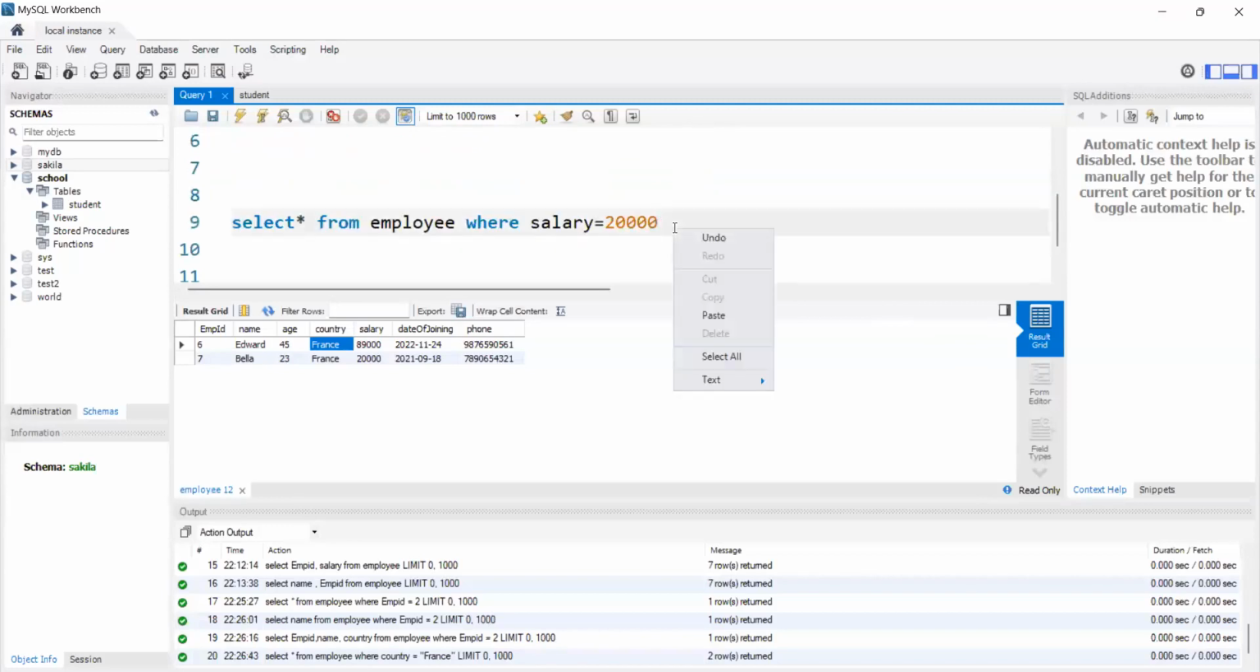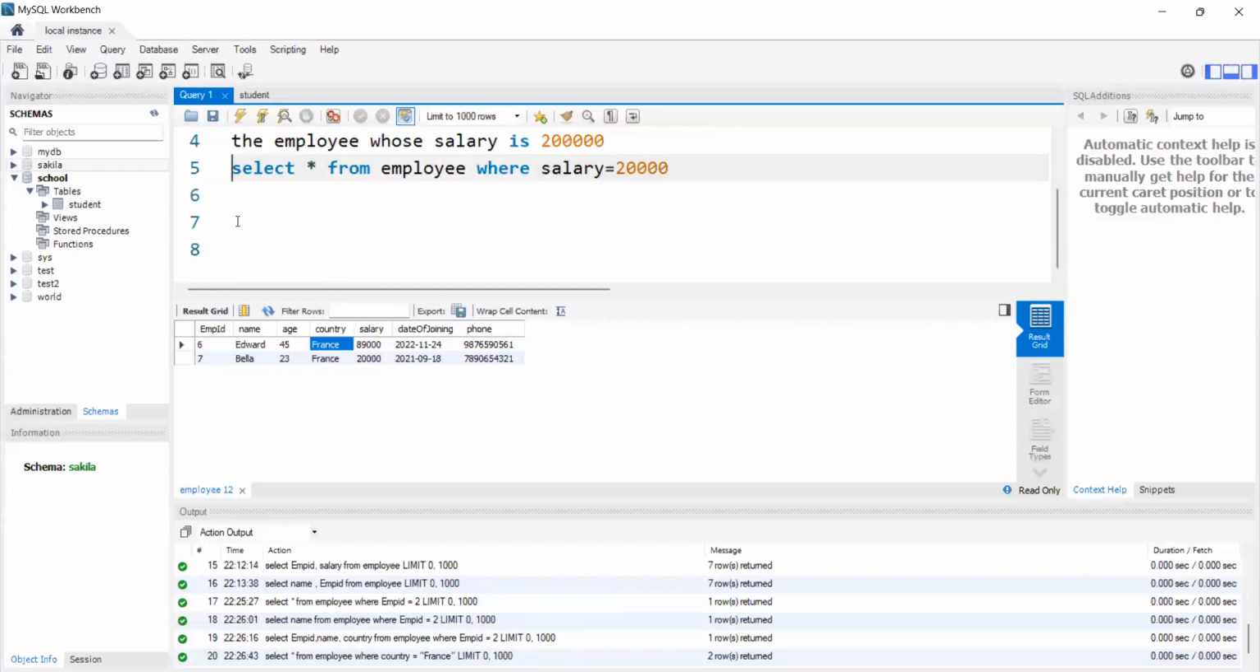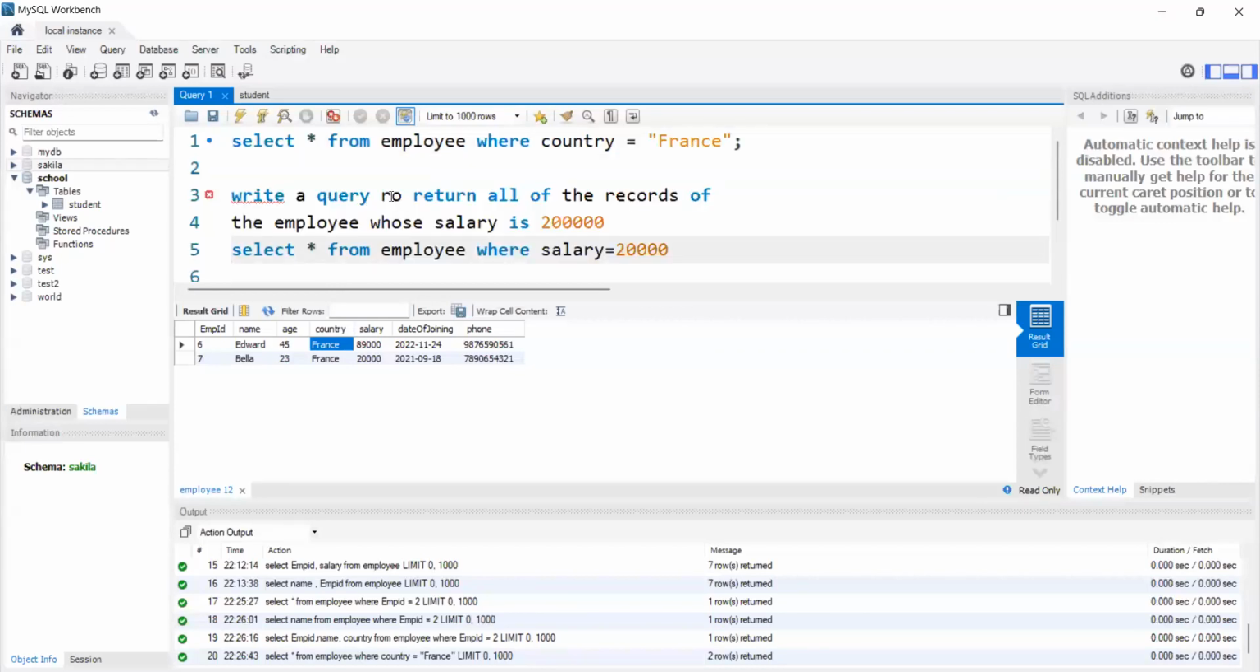Okay, so simple, right? Because it is saying here, write a query to return all of the records, right? So for all, we'll be using star from employee, and the condition should be that salary is equal to 20,000. Now, if the condition is that salary is more than 20,000,